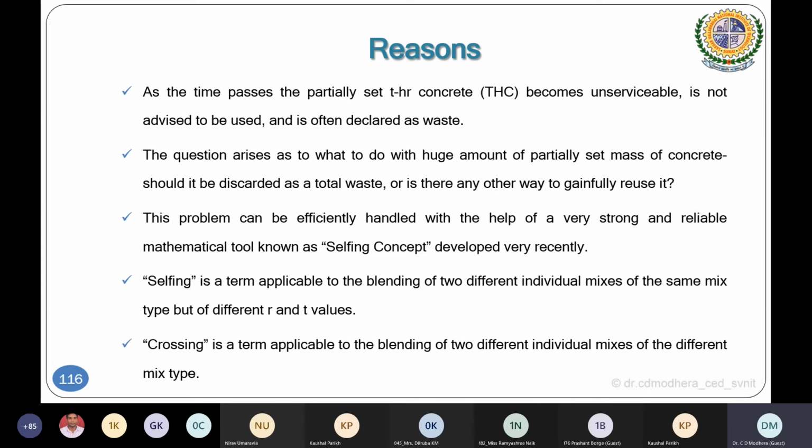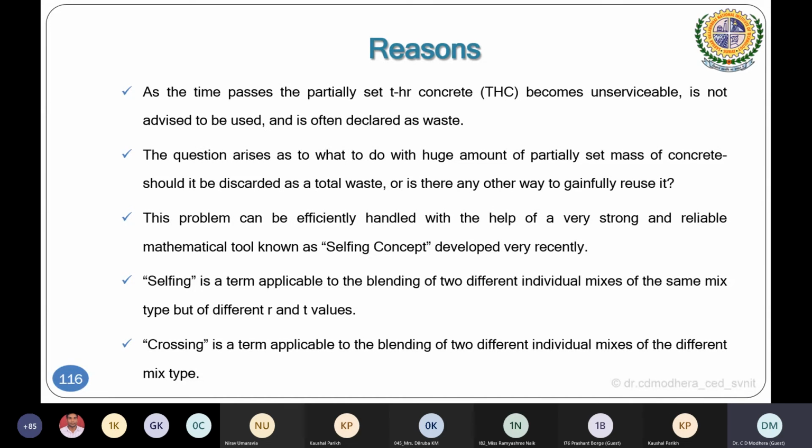Second, the question arises: what to do with the huge amount of partially set mass of concrete? Should it be discarded as total waste, or is there any way to gainfully reuse it? These are the questions. This problem can be efficiently handled with the help of a very strong and reliable mathematical tool known as the selfing concept, developed very recently. Selfing is in terms